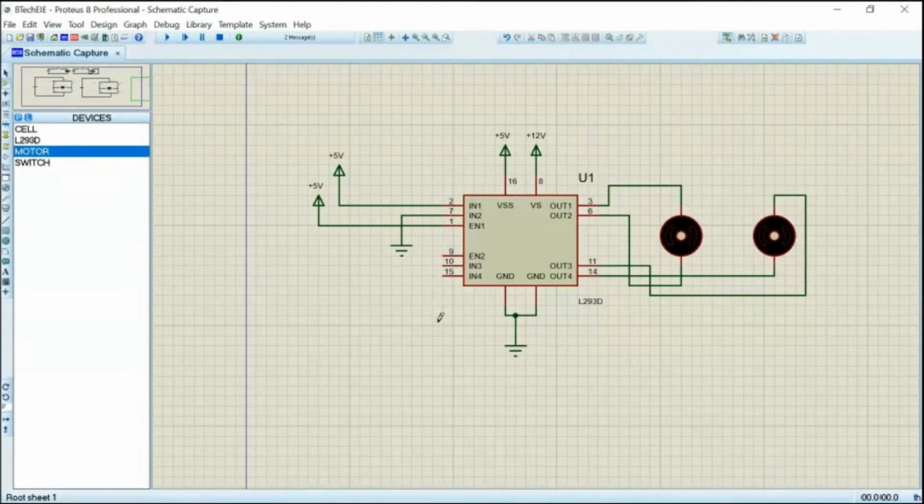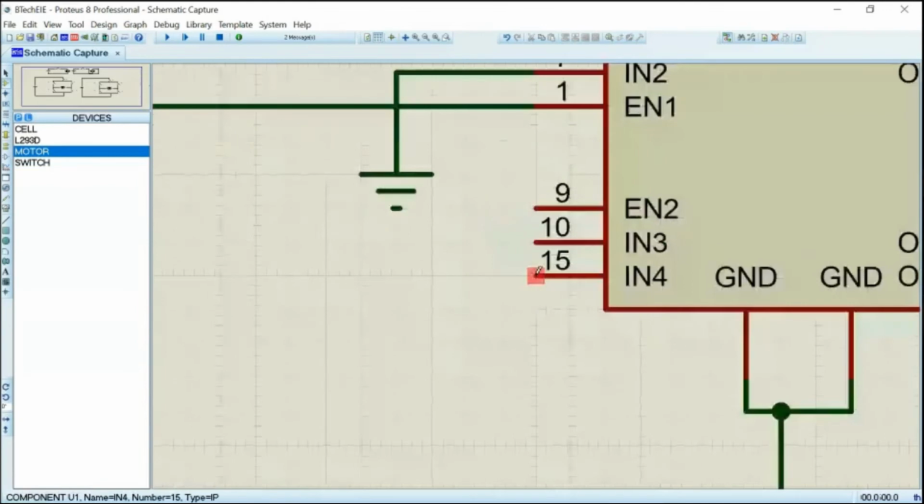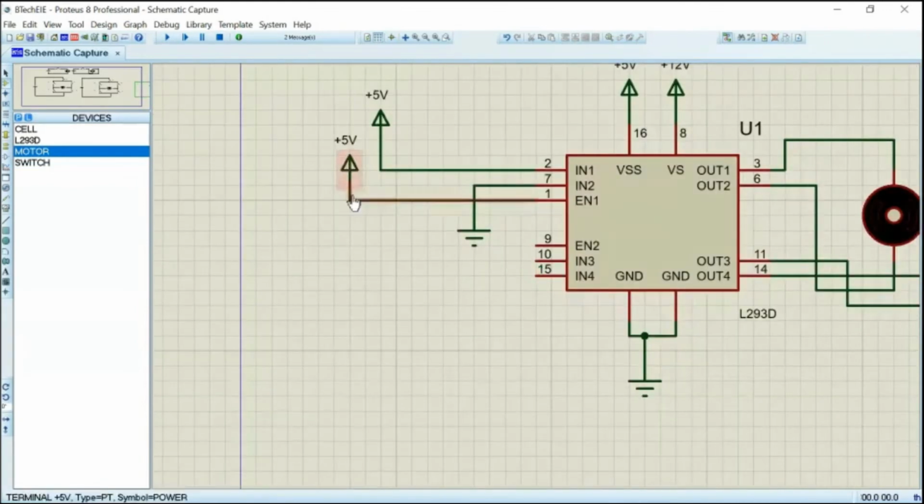Now, as usual, enable 2 has to be connected to the power supply. Since enable 1 is already connected to the power supply, I connect enable 2 also to the same power supply, because both enable 1 and enable 2 have to be turned on. Now, in 3 and in 4, I reverse connect. In 1 is connected to power supply, in 2 is connected to ground.